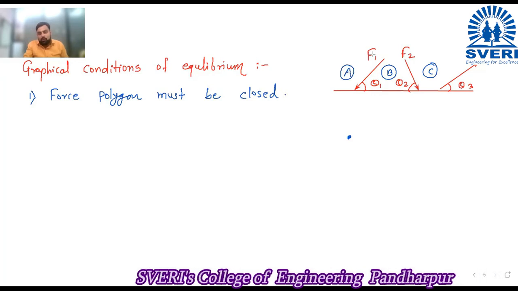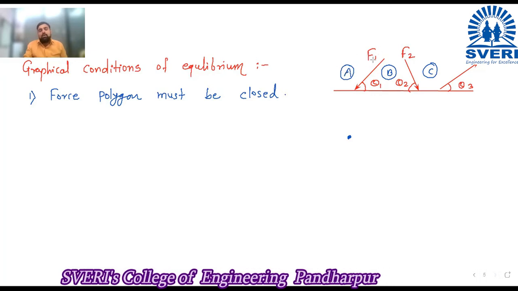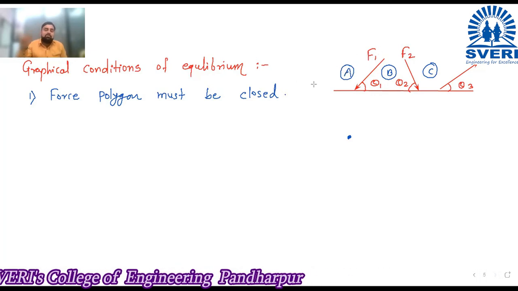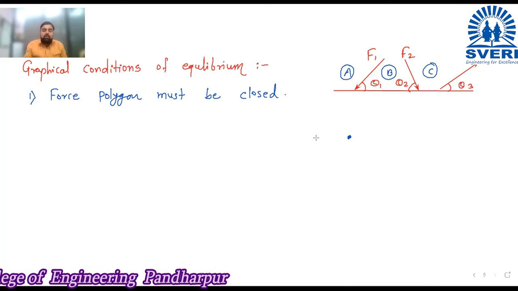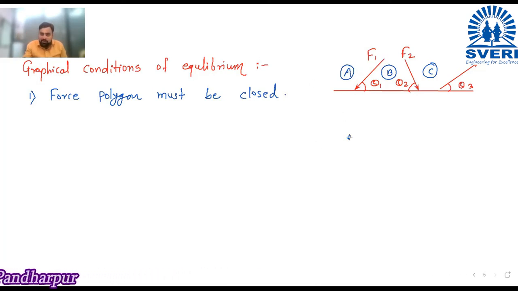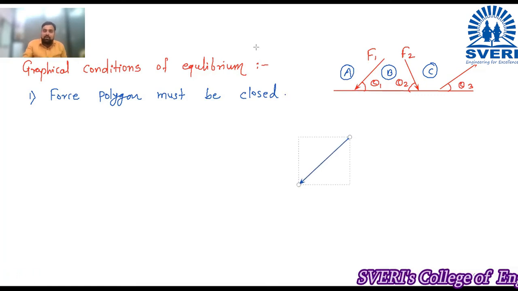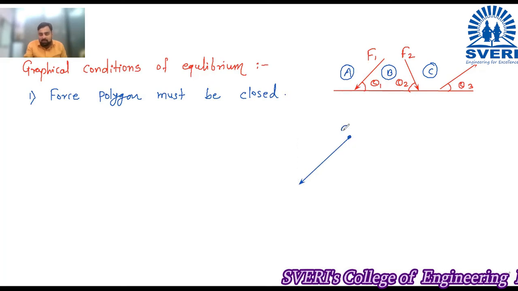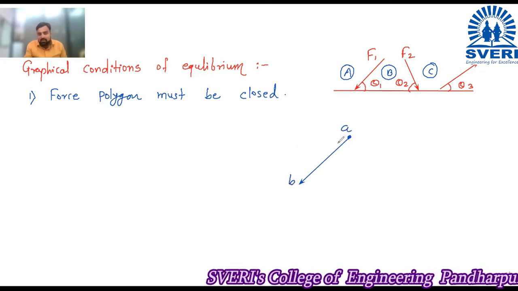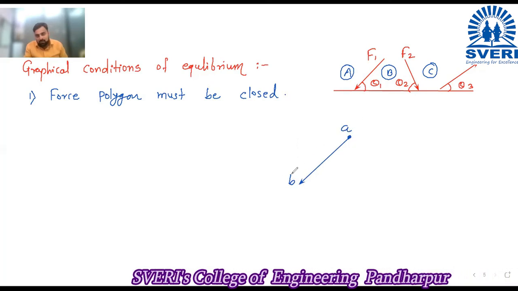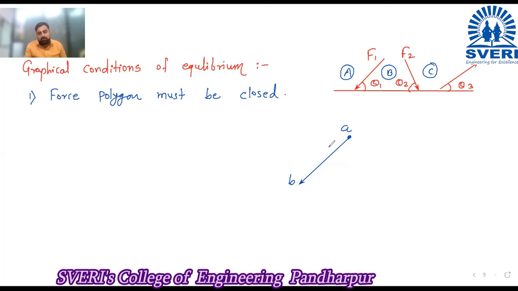Okay. Now I will call this F1 as A and B. And suppose my F1 is 20 Newton and my scale is 1 centimeter equal to 5 Newton. So what I will do, I will set my drafter parallel to this, and from this point, moving downward, I will draw one line of 4 centimeter, and I will name this as AB. These are called Bow's notation.